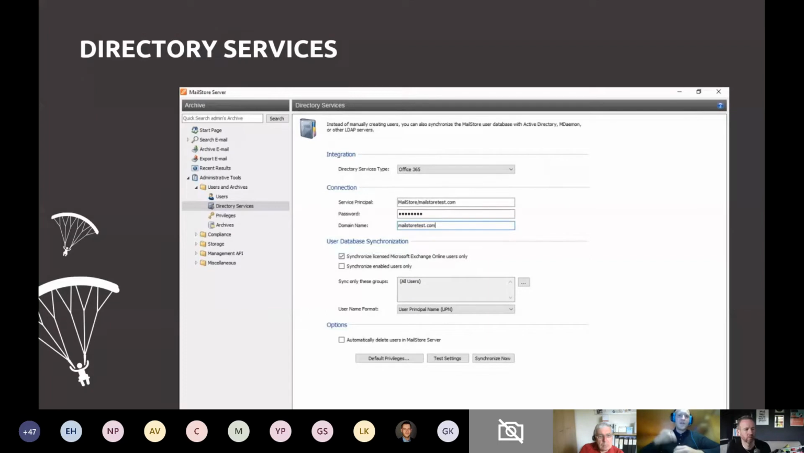So we have set up a service principal or impersonation user in our tenant. I've named it that way, entered the password and entered my domain, and have therefore synchronized my users, and they are now in the user list. So just a normal user synchronization with MailStore Server. And the next step would now be to